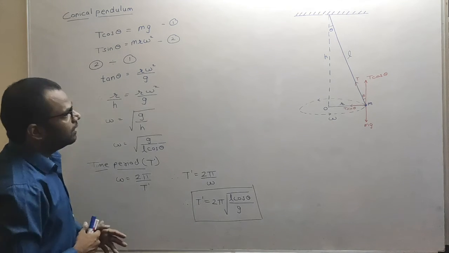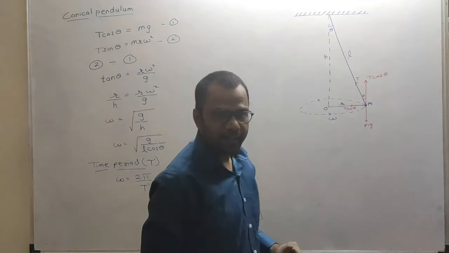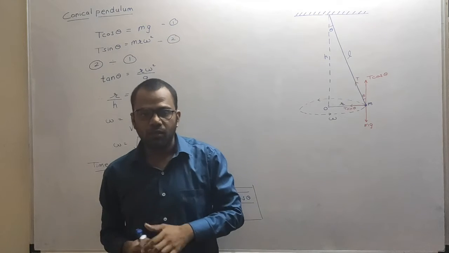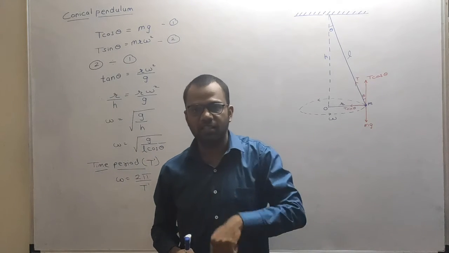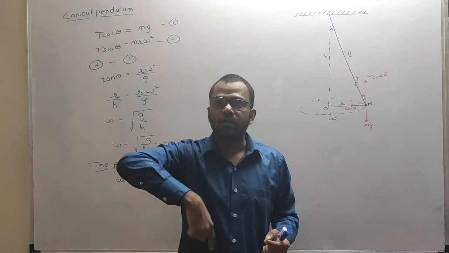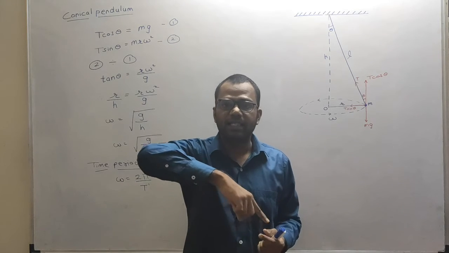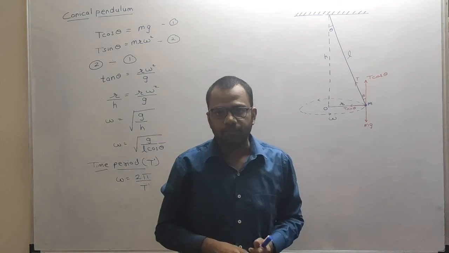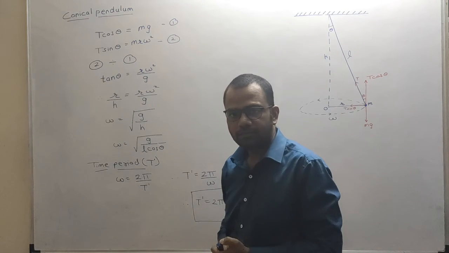Now what we have to do, you just put the heading conical pendulum. You draw this diagram. Afterwards you write down: conical pendulum is a simple pendulum where the bob is given such a motion that it performs a circular motion while the string describes a cone. After this you can mention these things.